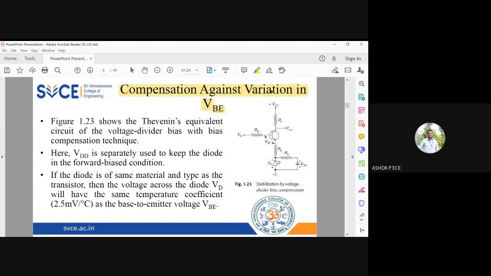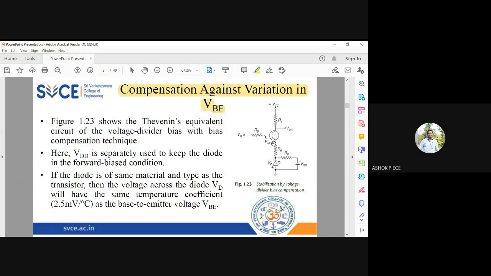This is specific to variation in VBE. So, compensation against variation in VBE. You know VBE is the base emitter forward bias voltage. And you know the emitter base junction is forward biased, and the collector base junction is reverse biased, right? So we are going to see if this VBE is going to vary with temperature, how I am going to